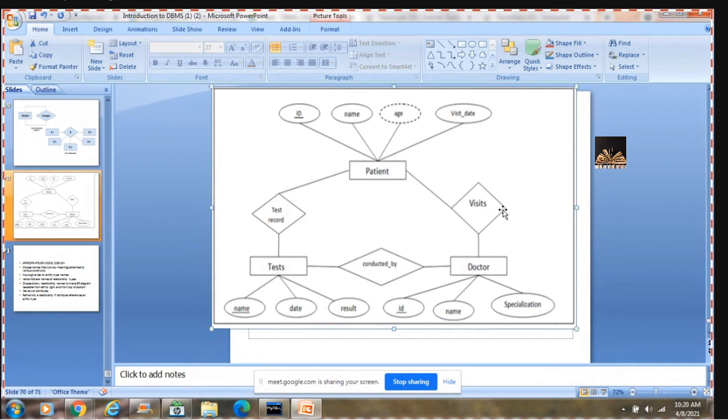You might even have attributes for a particular relation. Those kinds of attributes are termed as descriptive attributes.